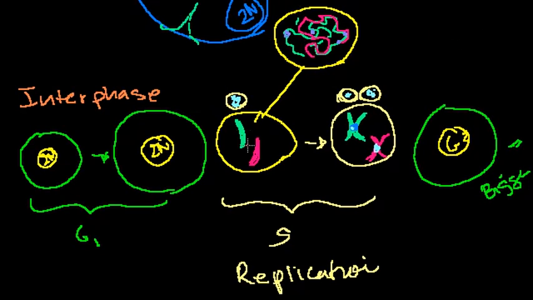It only gets tightly wound like this later on. I just drew it like this. So really, I had one green one, and it's going to replicate to form another green one. They're going to be attached at some point, and that magenta one's going to replicate to form another magenta one, and they'll be attached at some point, but it's not going to be clear. I just drew it this way to show that it really happened. This is the reality. It's in its chromatin form. Now, we're ready for mitosis.